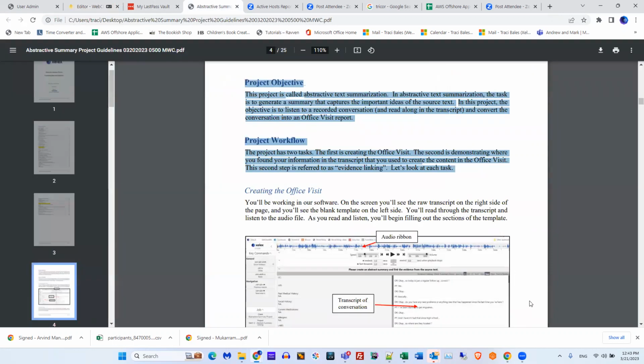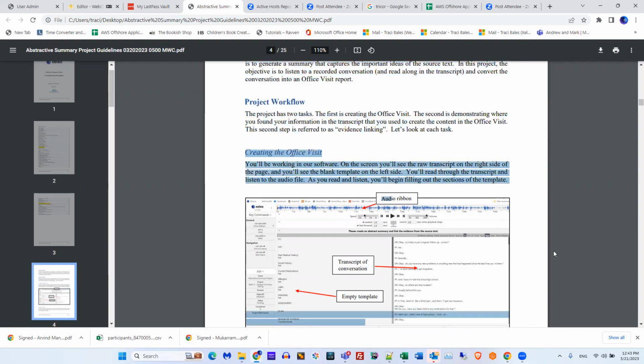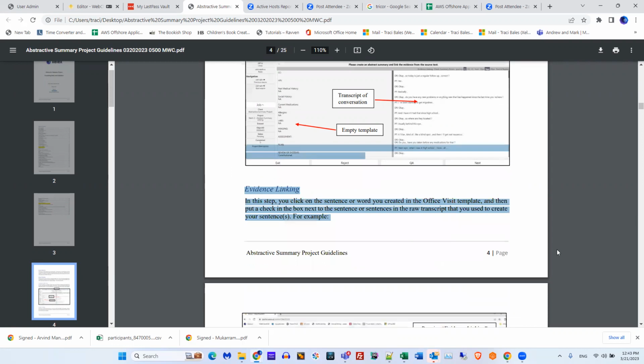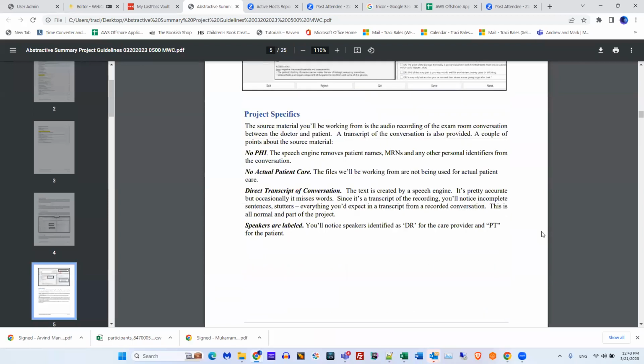Okay, let's look at the guidelines. Everything in the guidelines I pretty much went over, but the guidelines are very detailed, and they give you very detailed specifics on things you may want to do that may be wrong, and how to correct those. So make sure that you read over these in detail. We're going to zip through them because I'm already almost 15 minutes after when we should be done. So creating an office visit, we already looked at. I did the demo. You saw me doing that. We also linked evidence. I showed you how to do that as well.